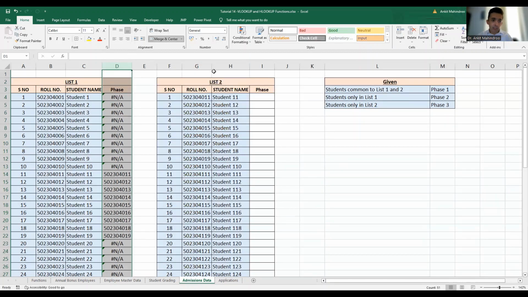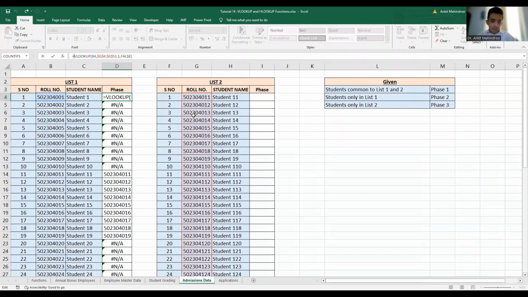So if I want to display specifically anything in this particular case, that these belong to phase one, I can simply do that by using a function outside this VLOOKUP function. We can simply say that if this VLOOKUP value is NA, I want to test whether this is NA. If this is NA, we should do